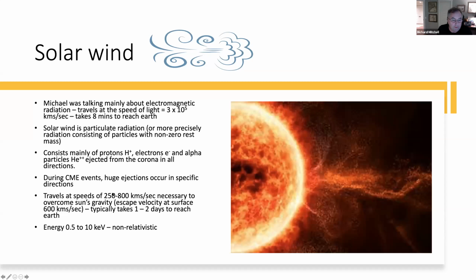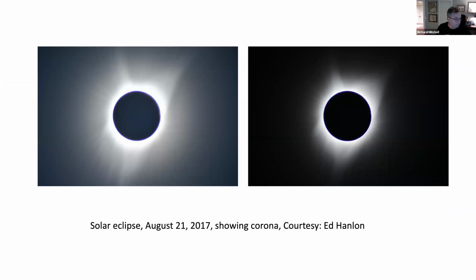So the actual velocity by the time they reach the Earth is about 250 to 800 kilometers per second. So generally a corona or a solar wind takes about 1 to 2 days to reach the Earth. And it's the interaction, as I'll explain in a minute, between the solar wind and the Earth's atmosphere that creates the aurora. So if we move on to the next slide,